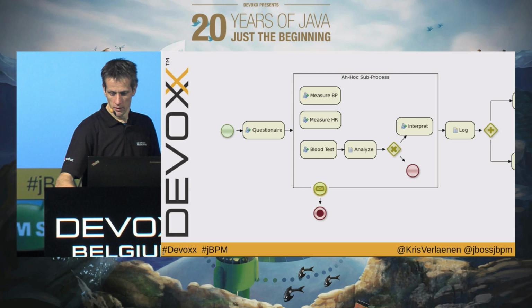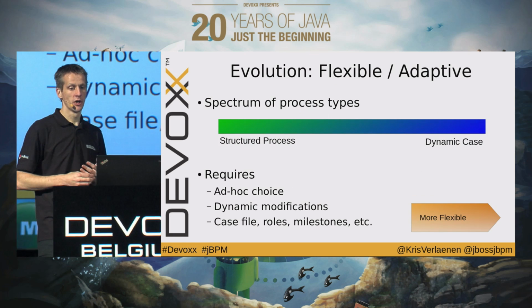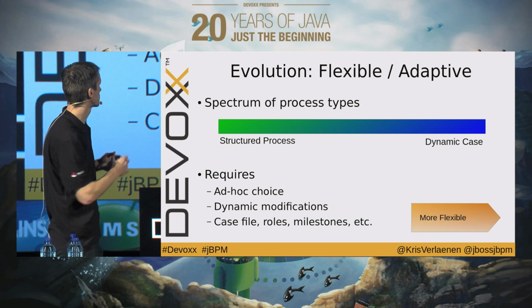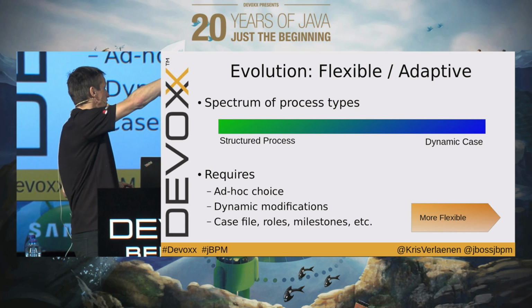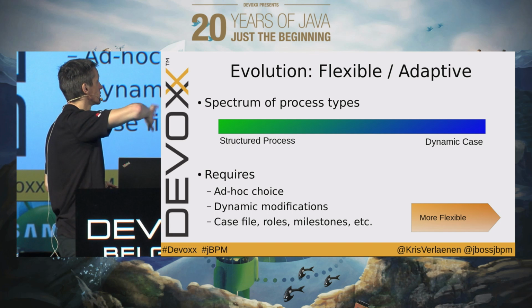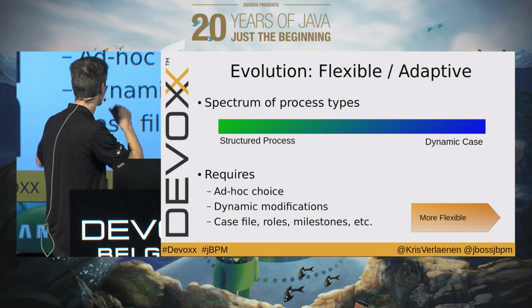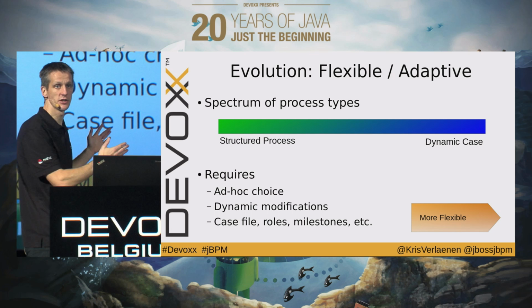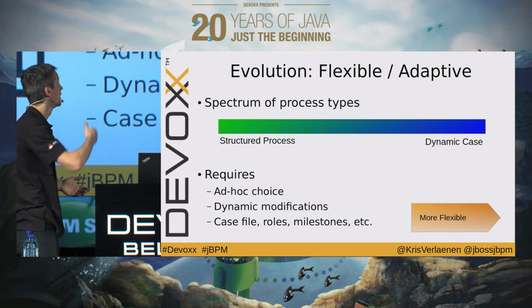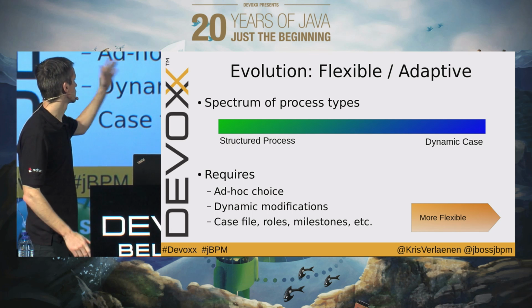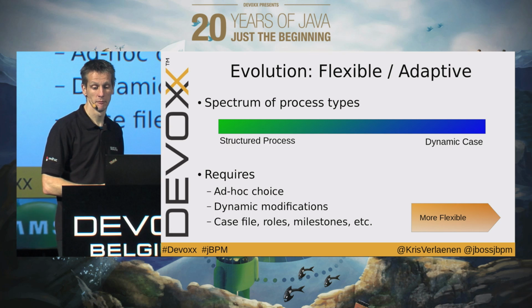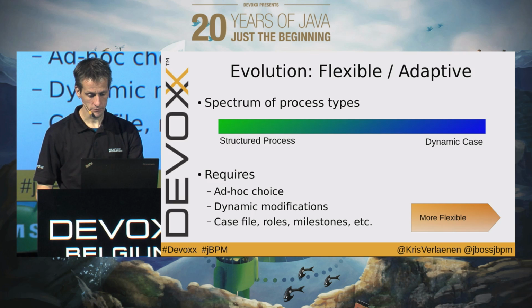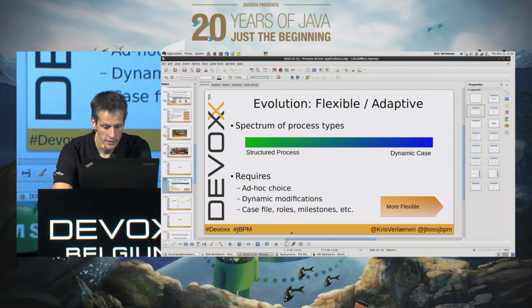So from our point of view, case management and structured processes are what we call a spectrum. You can go the entire extreme and not define anything up front and just do everything ad hoc, or you could have a very well-structured process. But there's no clear line in between. So the technology we offer allows you to model all of these using the same technology, same engine to execute all that. And then finally,